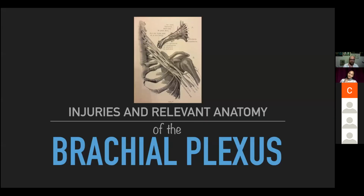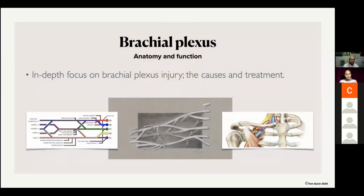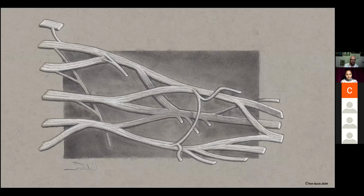I'll show you exactly where it sits. Okay, so we're going to go through this. This is a beautiful wiring diagram. I'm going to steer a bit clear of this, but it's available all over the internet. And I think it's one of the best because it uses those colors to show you where all the nerves go. But anyway, this is the picture from my friend